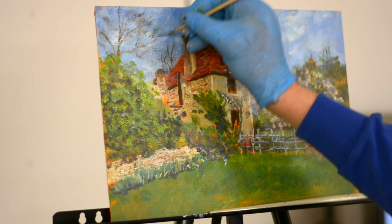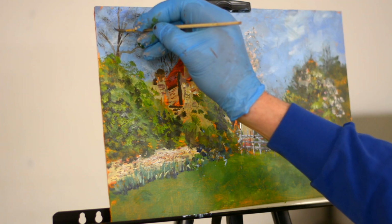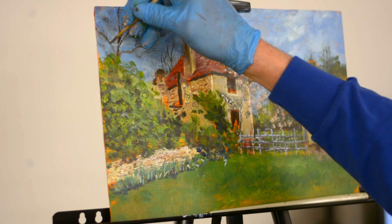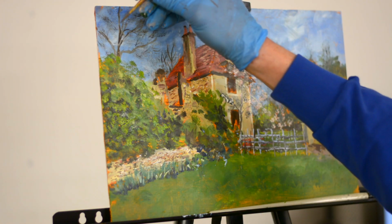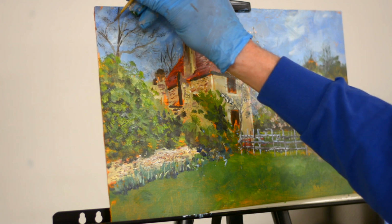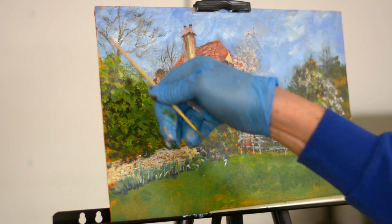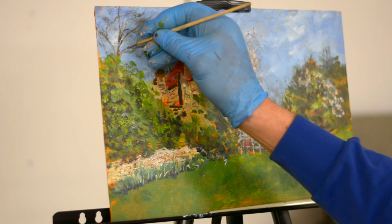branches. I'm actually following the lines that I can see, so it's not a copy of the tree, but it's hopefully indicating the characteristics of the tree, and that's really more important, because if you copy it, I don't think it will ever have as much interest to look at as a painting. So the ways that the branches are sort of growing round and swirling round each other, I could carry on doing a lot more of that too, but